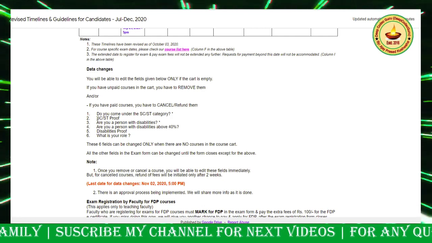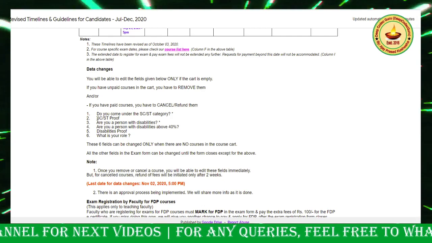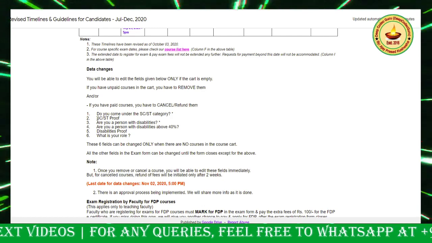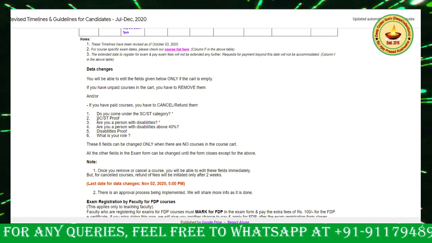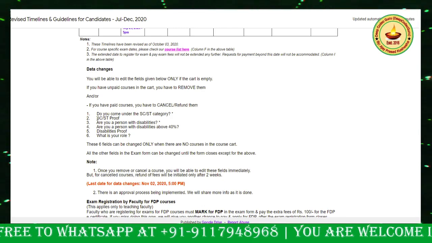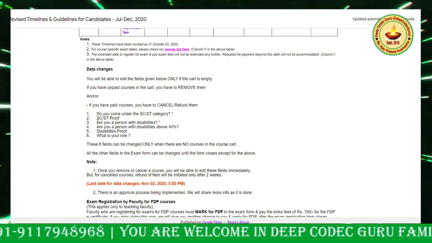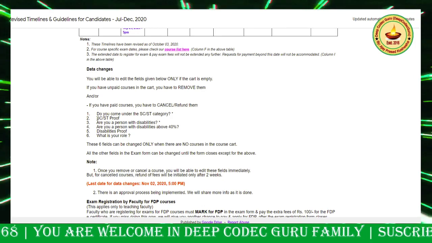Okay guys, coming to the third thing: are you a person with disability, like some organ is not working, anything like that? Are you from that category? If that is the case, at the time of submitting this registration form, you have to select the correct option.